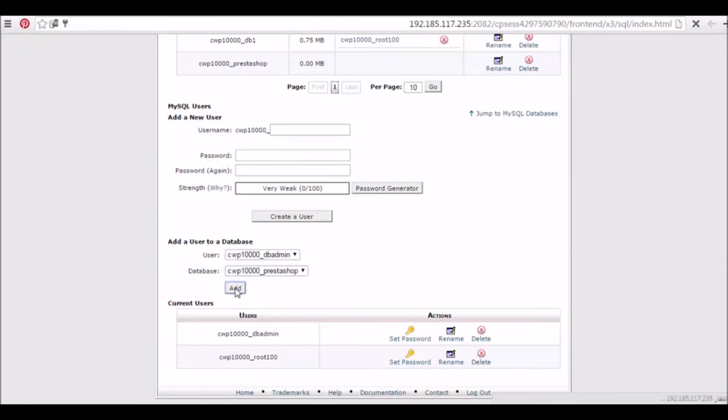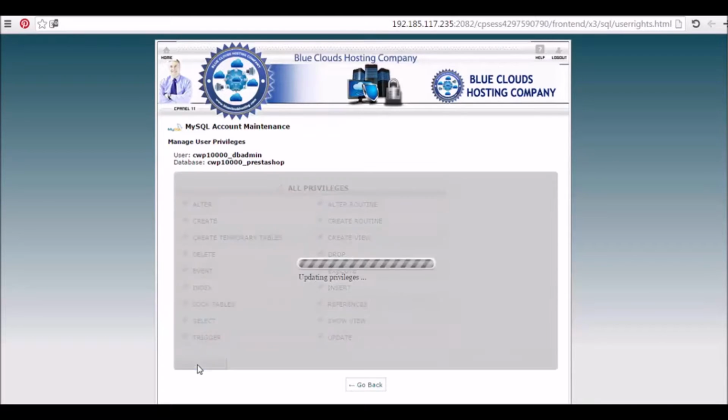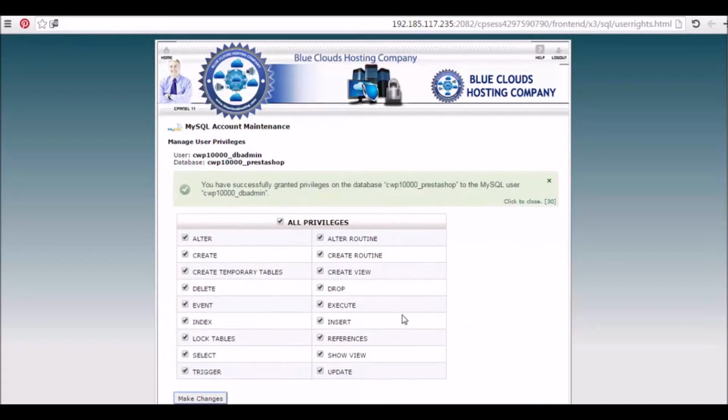And now we have to add this user for the database, and in this page we have to manage user privileges to access all of the privileges of the database. So now we have to check this checkbox, all privileges, alter, create, delete, event, index, select, trigger, update, show view. That's all. And now we have to click here for make changes. As you see,